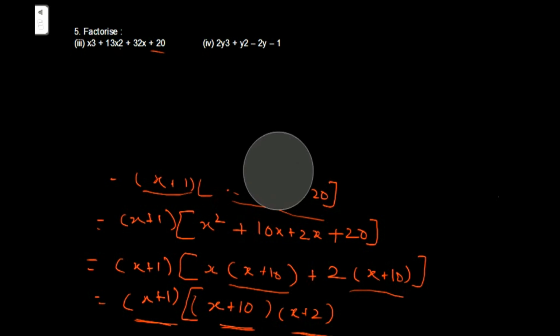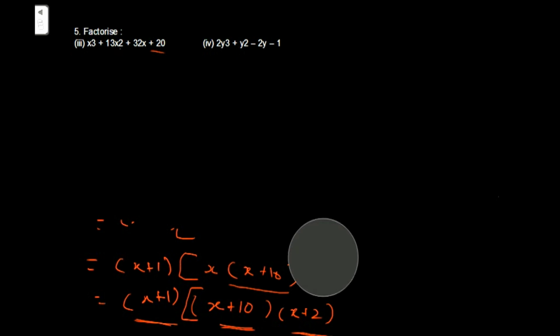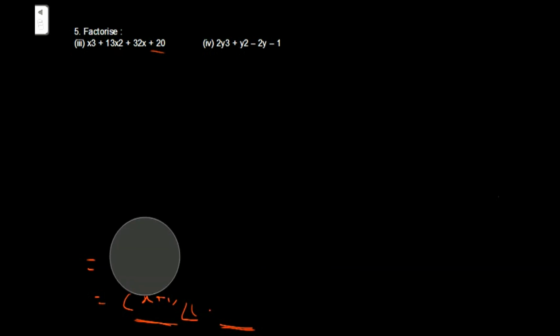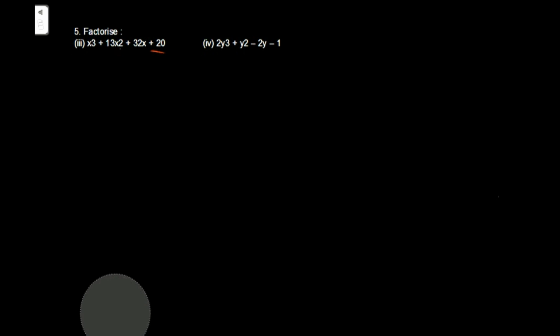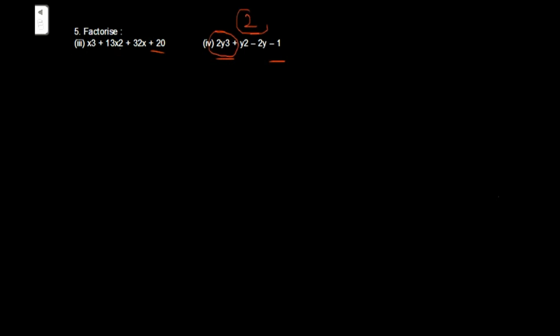So for a, what we do is factorize the constant, and for those factors we check the value of the polynomial. But in the second case, the coefficient of y cube is 2. So first we have to make it equal to 1. How can that be done? I will take 2 as common, into the bracket I will have y cube plus, as I have taken 2 common, this second term will be divided by 2, y square by 2, minus y and minus 1 upon 2.